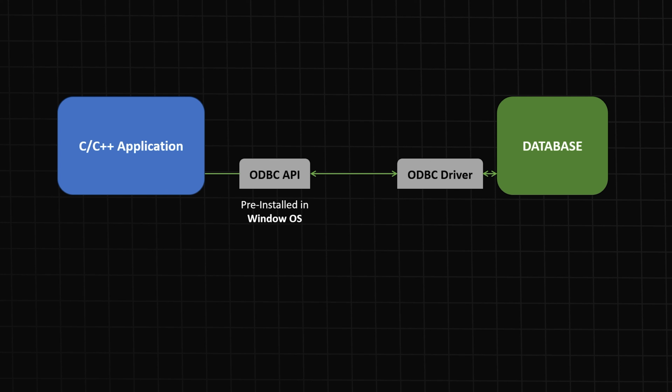Now, if we want to change the database, then we don't have to rewrite the API code again because the ODBC API will not change. The only thing that changes here is the ODBC driver, and the intercommunication between the ODBC API and the driver is something we don't need to worry about. So ODBC became the solution for communicating with the database. After that, ODBC was widely used in Windows applications, MS Access, Excel, reporting tools, and C and C++ enterprise systems. It became a great success.